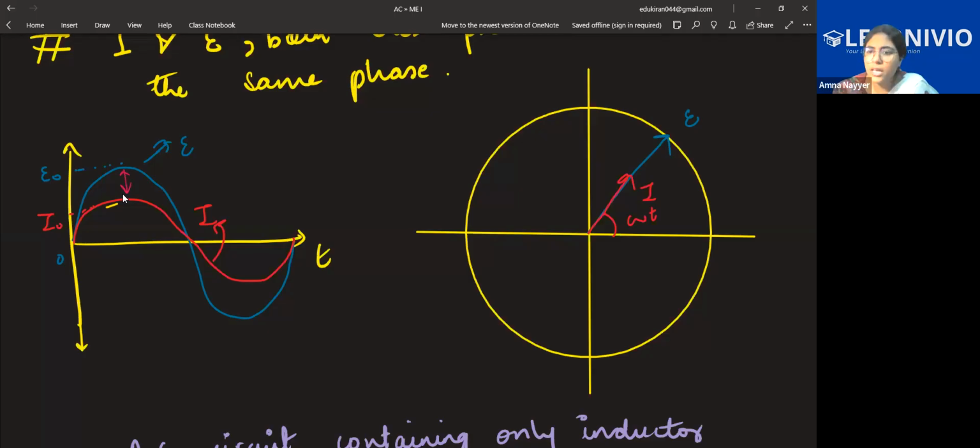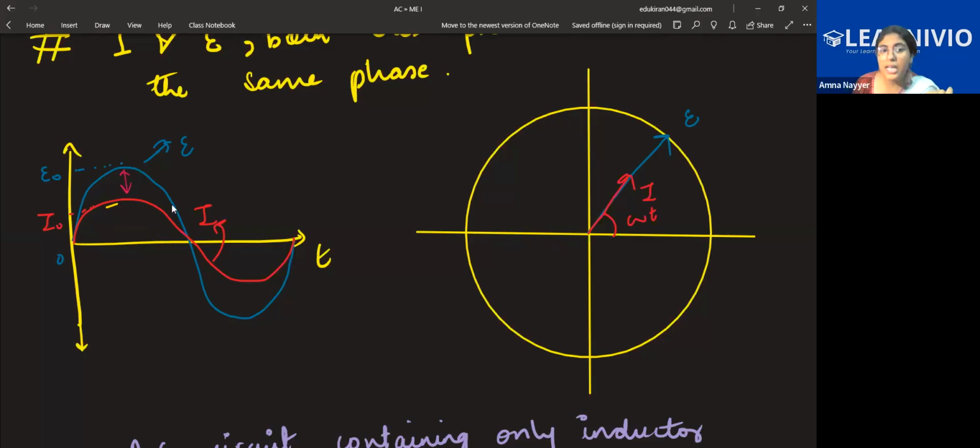That is not necessary. Current की value भी अलग हो सकती है. EMF की भी value अलग हो सकती है. Phase means the angle, right? So if let's say EMF is greater, looking greater like this, it means its magnitude is more. The magnitude of EMF is greater than the magnitude of current.